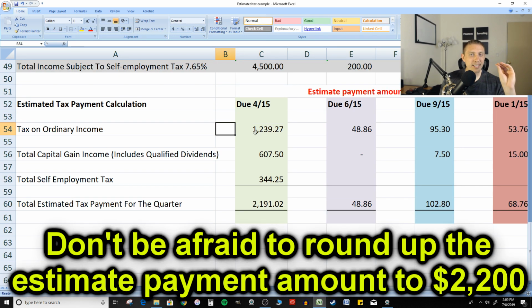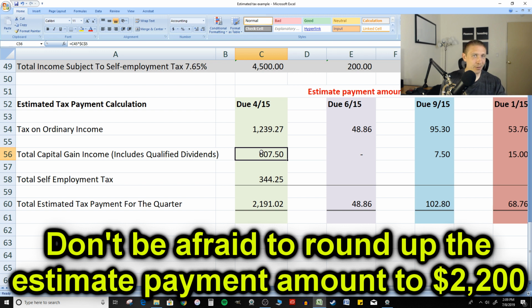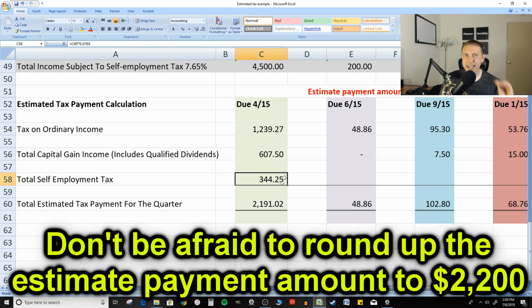Quick review. This is the tax on the income that is subject to marginal tax rates. This is the net tax on the income that is subject to capital gain rates. And this is the net tax on the income that is subject to self-employment tax. If you add up all of that, you're looking at a tax bill in the first quarter of